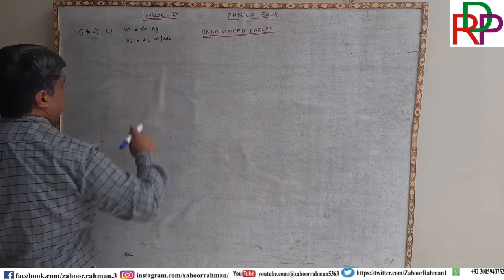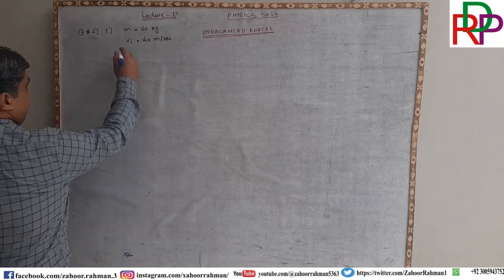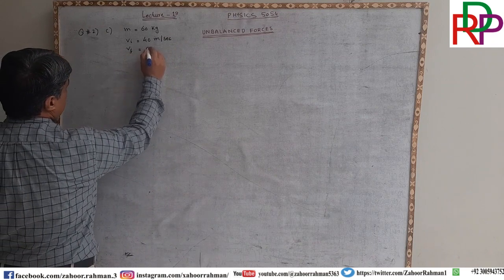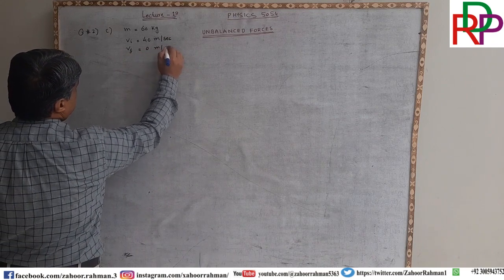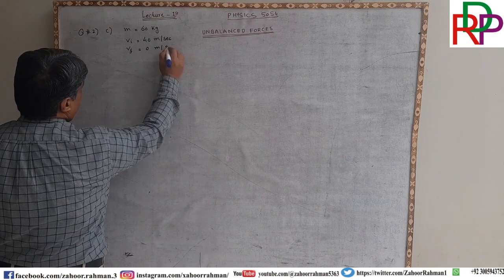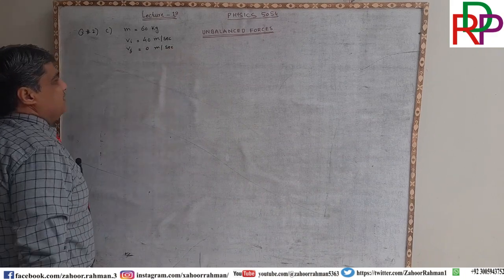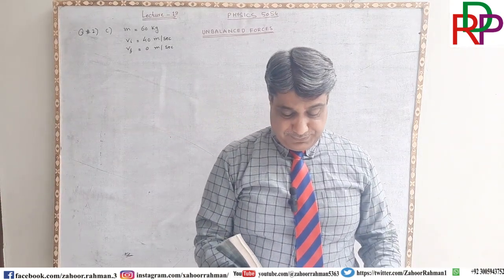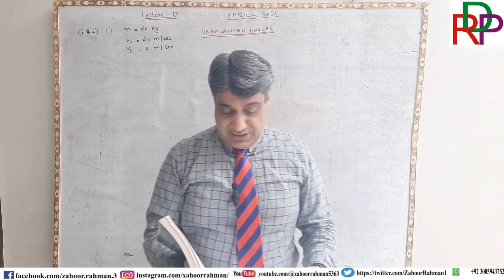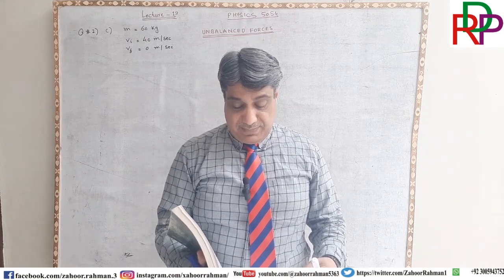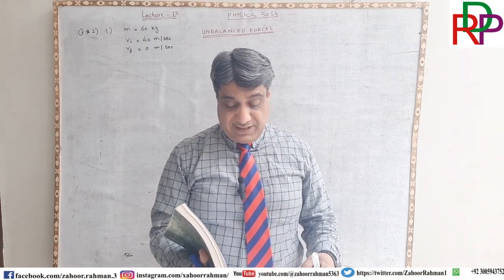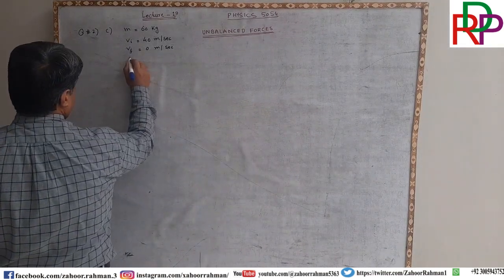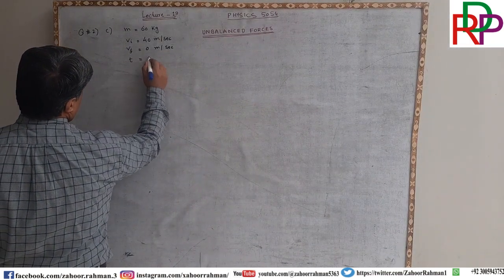Vi means initial speed. And when it hit the wall, it came to rest, so the final speed will be 0 meter per second. Let us move forward. The time between the collision and the dummy coming to rest is T equal to